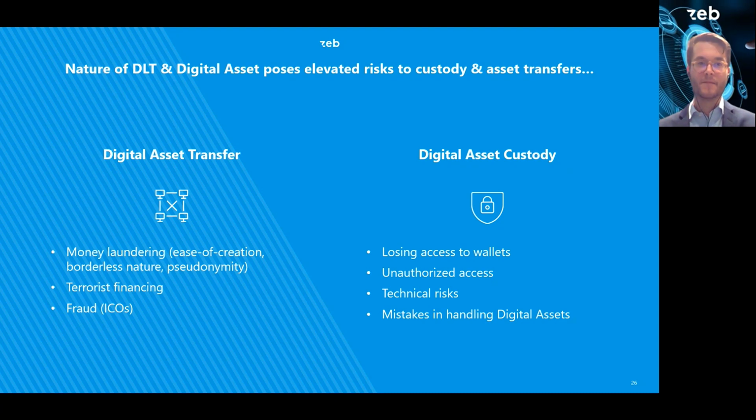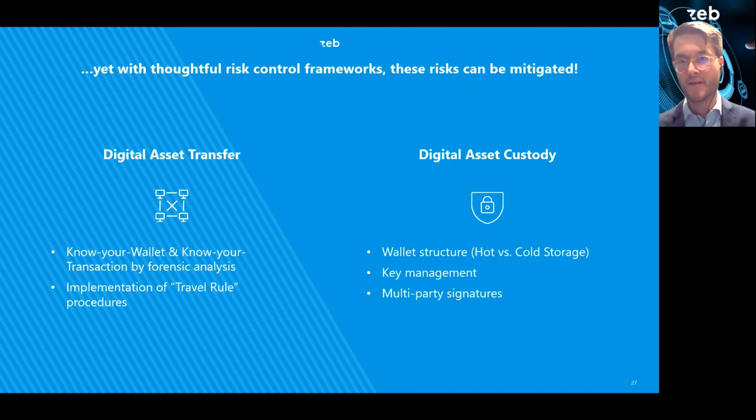But nevertheless, there are risks arising from digital asset business models, but there are also some measures already in place. So banks can really cope with the new risks, and they are able to set up certain measures to mitigate these risks. On the one side, as I said, there are already forensic analysis tools available on the market which check for you the involved wallets and transactions behind a certain asset transfer or trade. So they can give you a so-called trust score back, and you can identify whether these counterparties are worth trading with, and can I accept in my custody solution